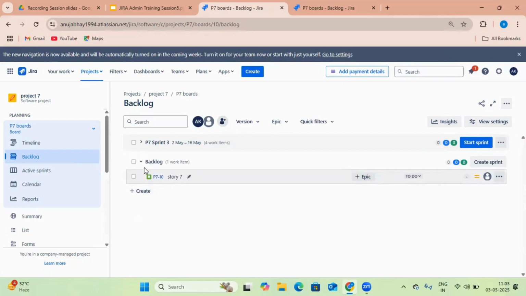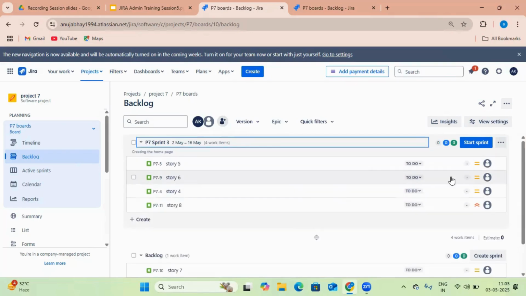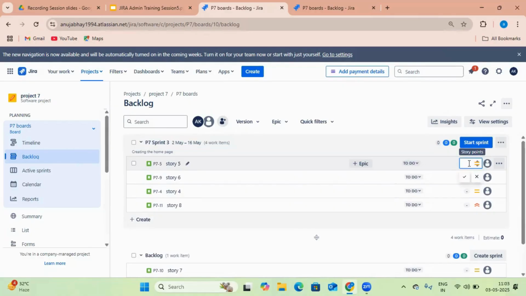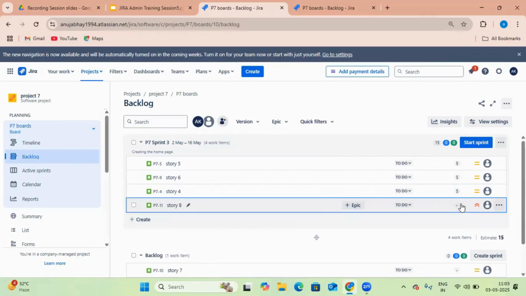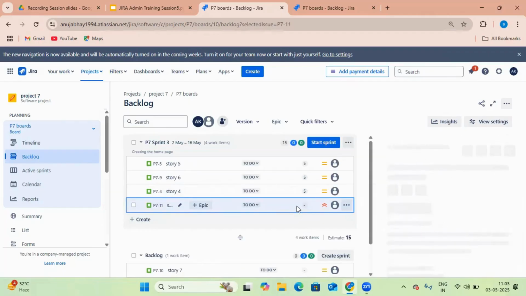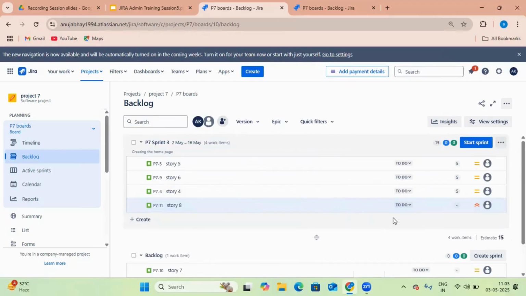Let me check this. Currently we don't have a story point here. Let me give 5 story points here. Then we will give 5 story points to this also, then 5 story points to this also, and 5 story points. Close this one, and 5 story points to this story also. So see, as we have given 5 story points to those in to do state, which are not yet